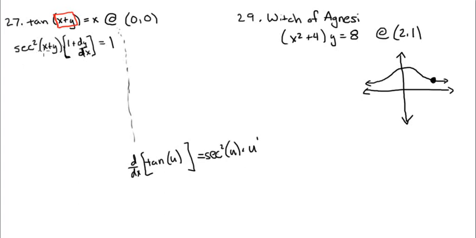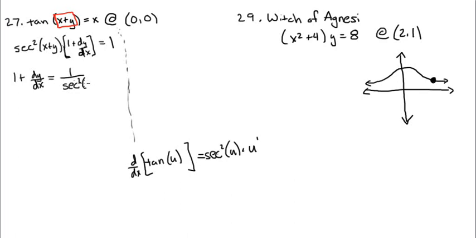Let's try that out. Remember that we're trying to solve for dy over dx, and it doesn't occur in this other factor, so we can divide both sides by it. 1 plus dy over dx equals 1 over secant